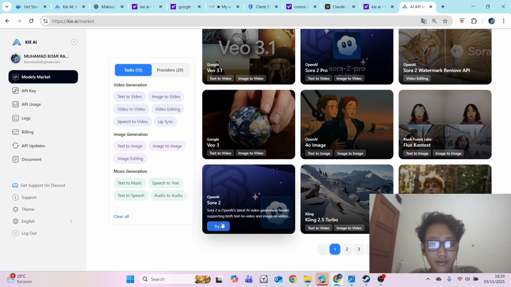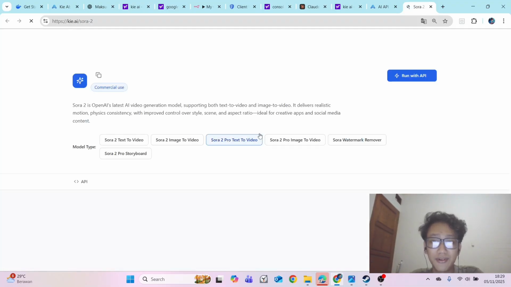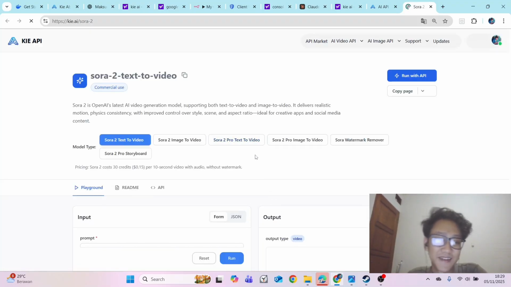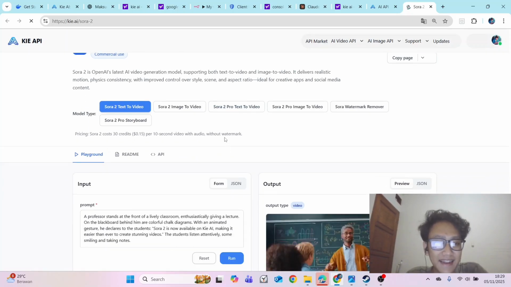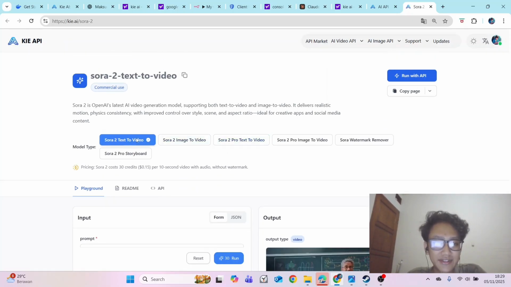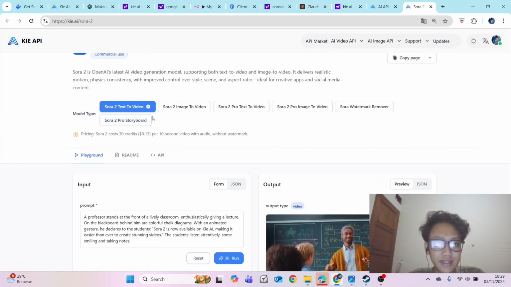After that you click try it on Sora 2 video, or otherwise you can use Sora 2 Pro, but it is very expensive. And after this you can choose Sora text to video, and you go to this API.